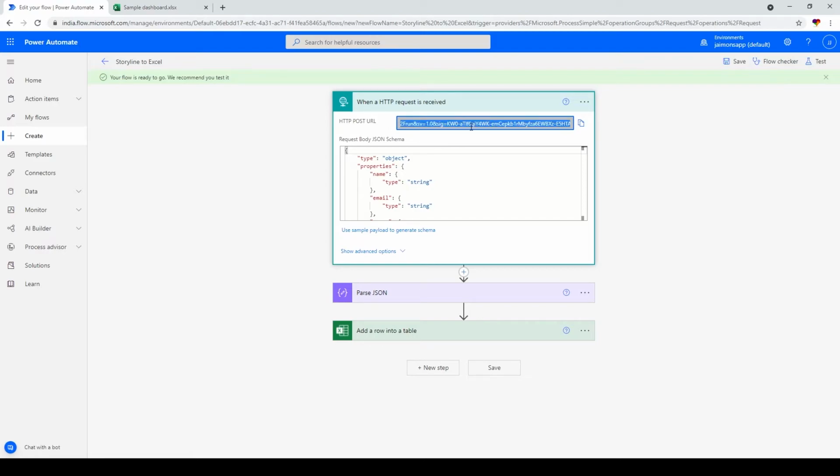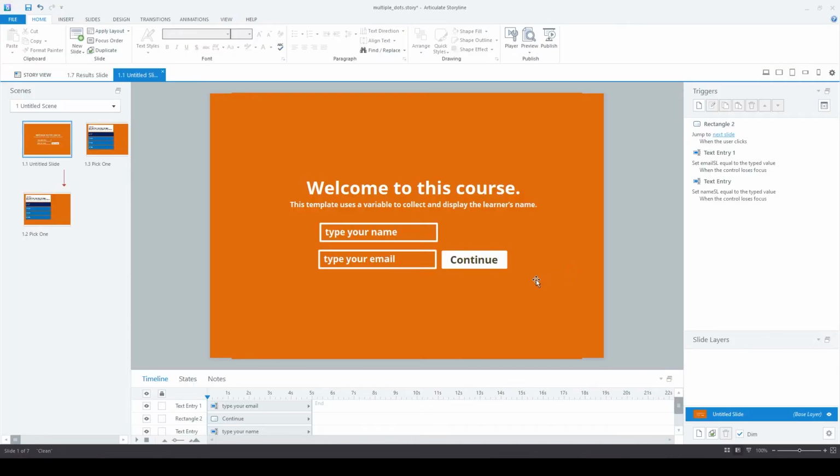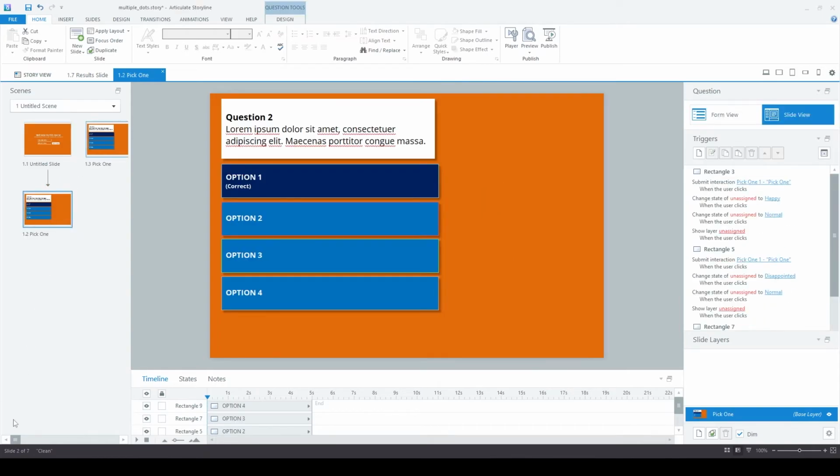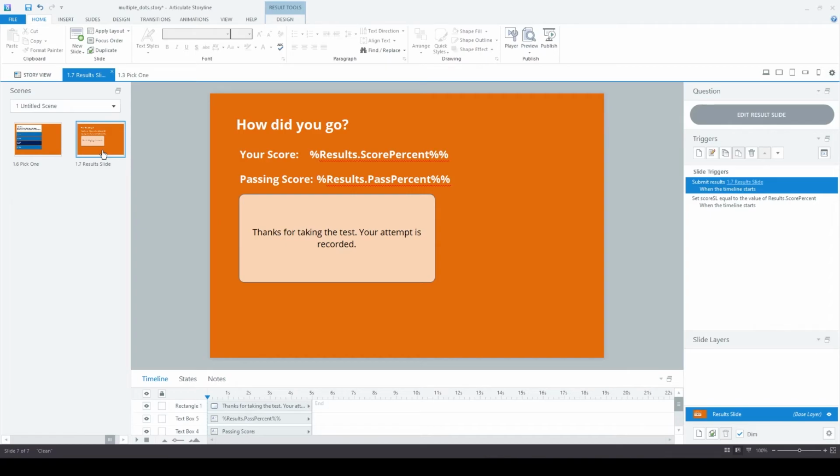So now we go back to Storyline, right, and create an assessment, and then we'll see how to send an HTTP request to this Power Automate flow from Storyline. Yeah, so I'm not going to go in detail into Storyline or how to create content and all that, but it's pretty straightforward. We have a screen where the name and the email ID can be captured, and then we have 5 questions, and towards the last screen is where we are going to send the HTTP request